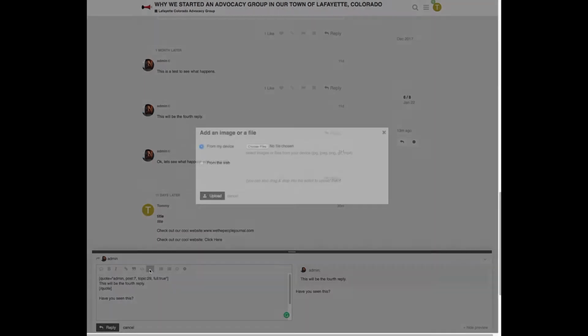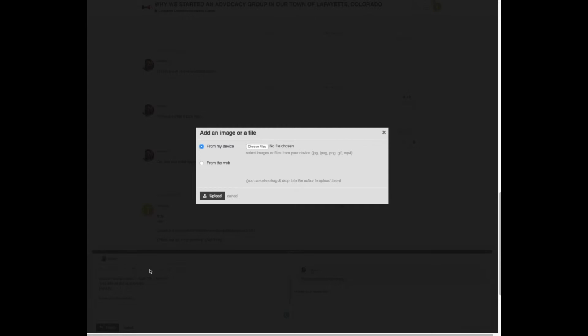And I'm going to say, have you seen this? I'm going to click on that, and so you can actually upload a file or an image from your device. In this case it would be from my desktop, or you can actually upload it from the web, and when you upload it you can also drag and drop into the editor if you want to do it that way. So I'm going to choose a file from my desktop,